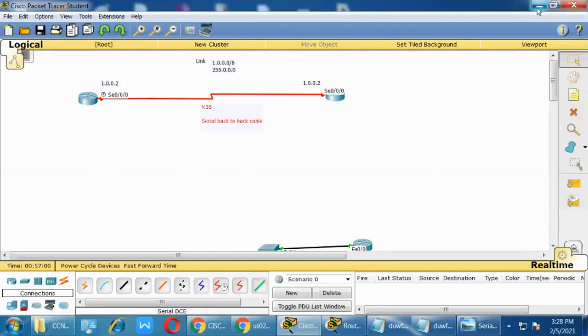Tomorrow is a Saturday, right? If possible, I can explain there. Anyone can bring a pen drive, so we can install this Packet Tracer software on that system, and the rest we can discuss tomorrow. We'll finish the IP addressing tomorrow, and if you have time, we can finish this one also.